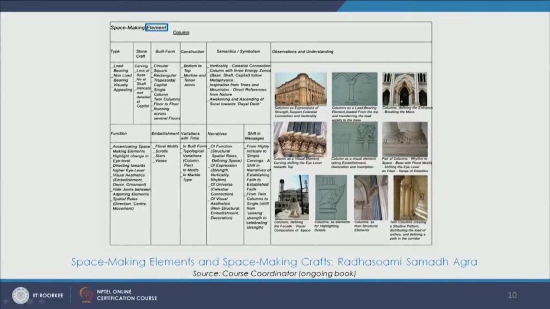Another element if we take is the column. We know column is very crucial, and everybody just talks about column in terms of structure and also in terms of a lot of ornamentation. So, here again we see a lot of observations and images of the columns from this huge monument. Again, columns have different roles to play, they have different functions. Few are for